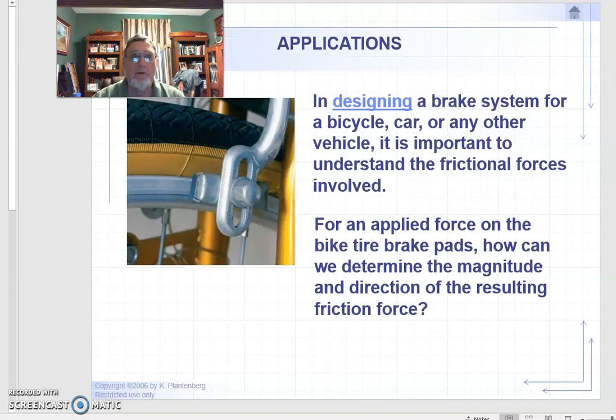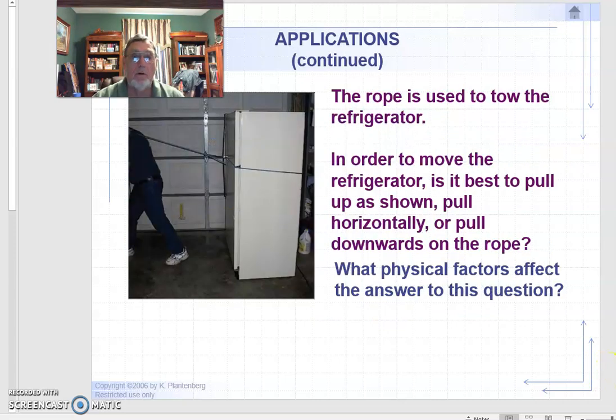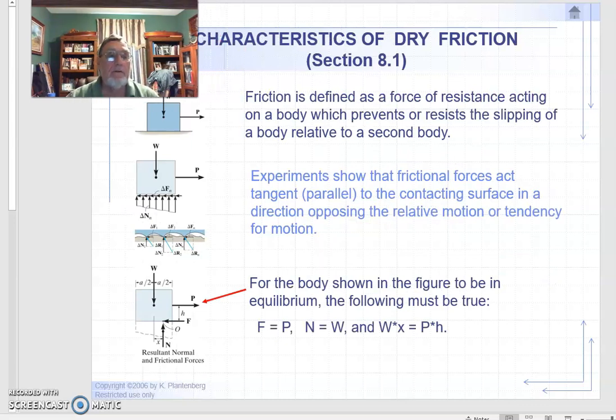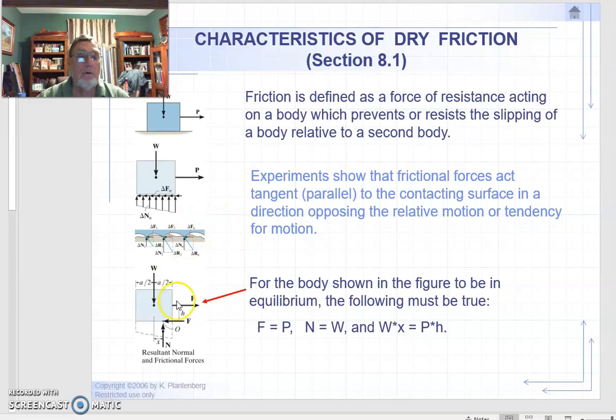There's lots of types of friction. We're going to talk about dry friction. Examples are brakes on a bike, brakes on a car. Here's a picture of a guy pulling a refrigerator. And remember that basically friction occurs because of the roughness of the surface, and you categorize the friction between different surfaces by coefficients of